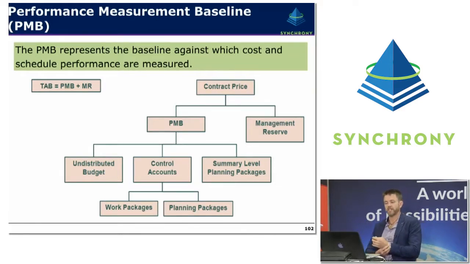And then, as we discussed earlier, there's also undistributed budget. Undistributed budget should not exist for very long, but this would typically be budget that might be in the process of getting released for a negotiated change or for a negotiation process for authorised unpriced work, for example. The idea is that as soon as possible, once that negotiation is settled, that undistributed budget would be allocated to the appropriate control account.